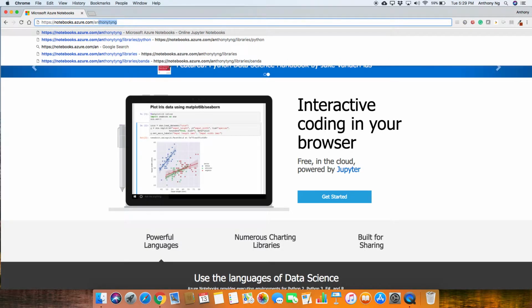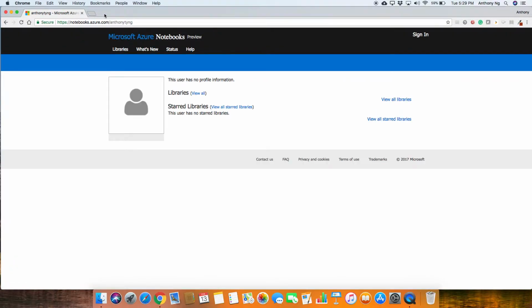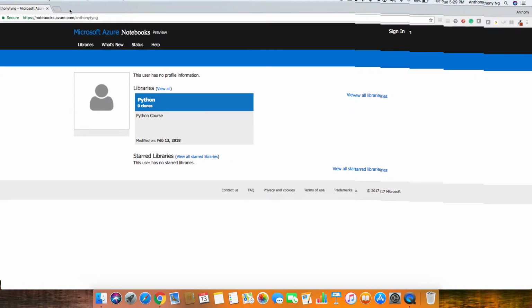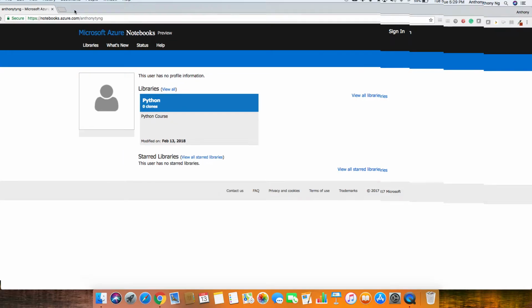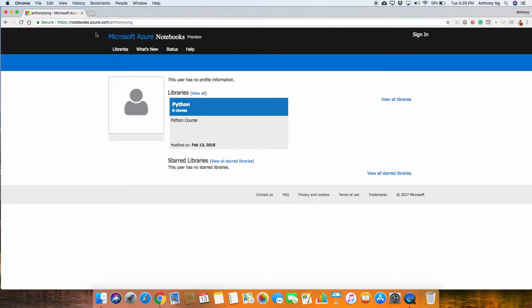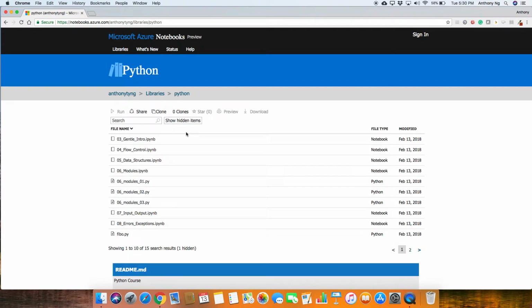So what I want you to do is type notebooks.azure.com/Anthony Tyng. Let me just zoom in. Don't worry, I will provide the link for this as well so that you can directly come to this. You will come to this, there's libraries here, Python and 0 clones, modified on 13th of February 2018. What you do need to do is come to this, and you can see all of these files